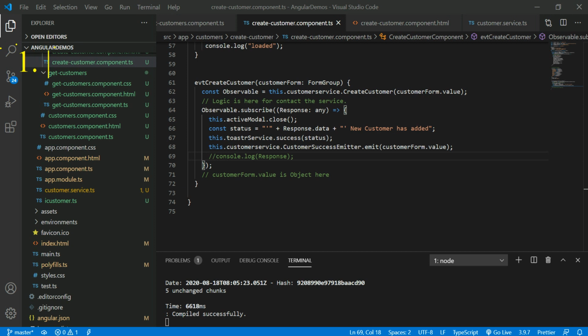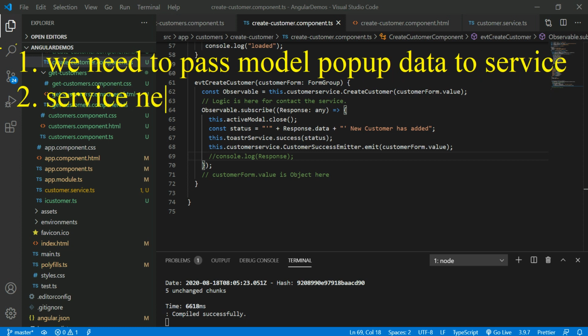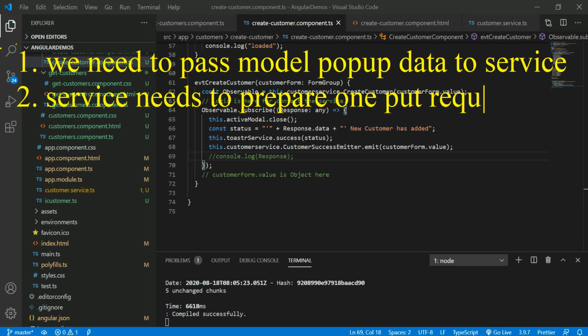Before we start the code, we have to concentrate on these steps. We need to pass the model pop-up data to the service. The service needs to prepare one put request, nothing but an update request, and take the current row record.